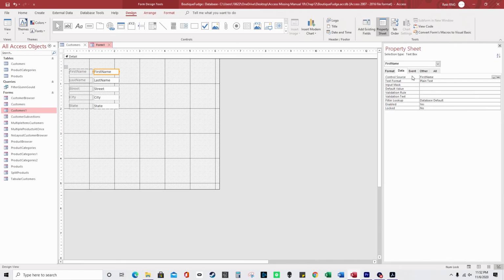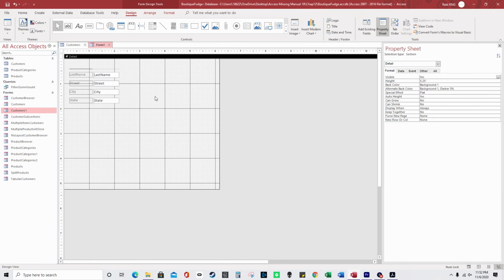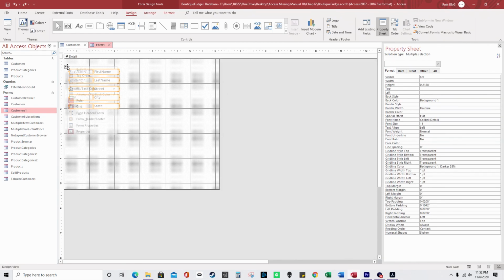And then I guess I could go to property sheet, format, and for height I'll just switch that to 0. And I'll just undo that. I don't like how that looks. So I just did stacked for the layout, and